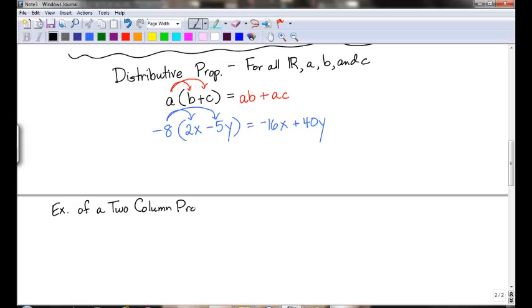This is an example of a two-column proof. In the written part of the book, it will say prove. We're not doing the paragraph proofs. We're doing two-column proofs. We'll say prove